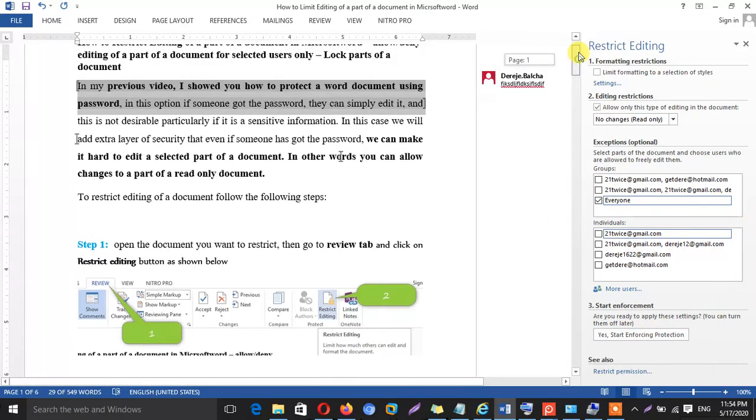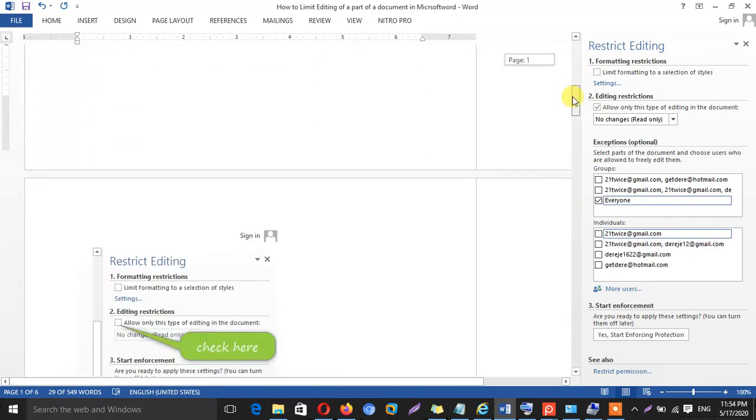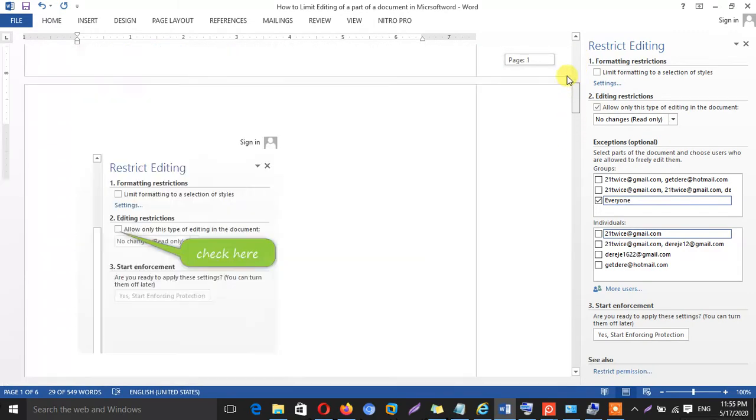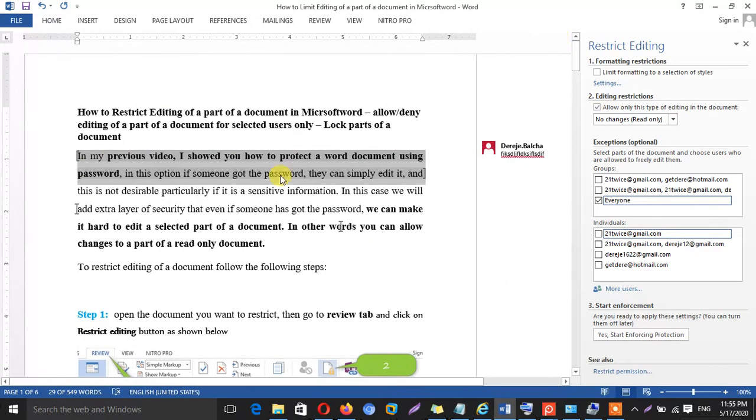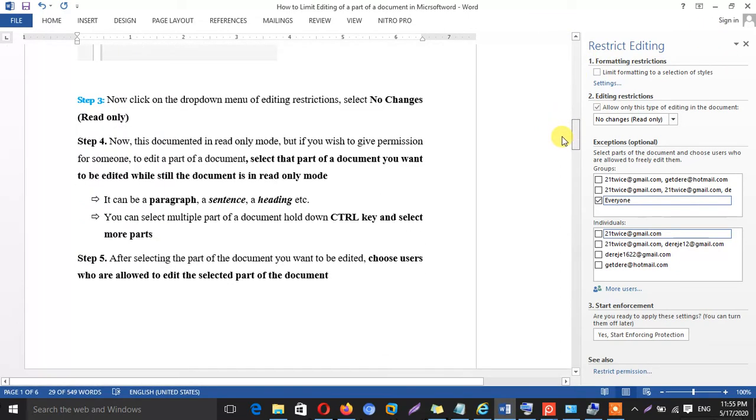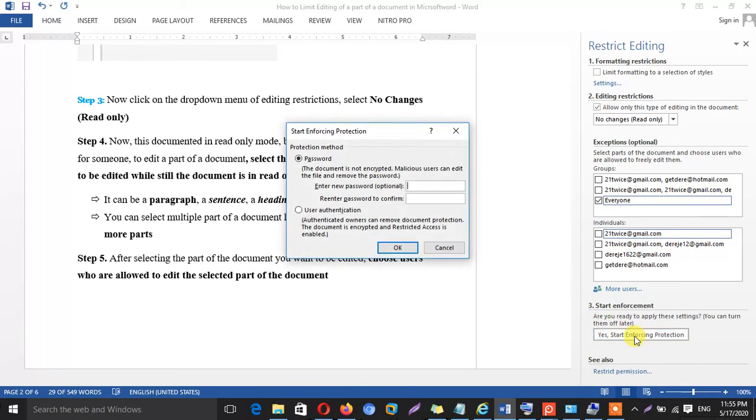I have selected the part of the document that I need to be edited, as you can see here. Then let me click yes start enforcing. Still I have to type the password.